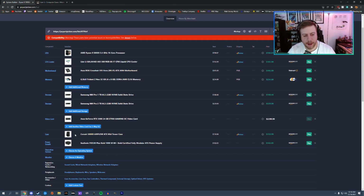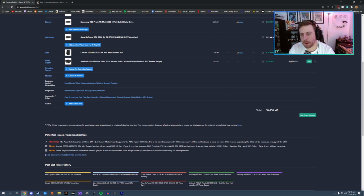And then the last thing is the Seasonic Focus Plus 80 Plus 1000 watt. I put 1000 in here because you're running some big boy parts. I think you just want a lot of headroom, because these graphics cards can pull a lot of power, especially the 3090s. You want to be careful because some of these cards are pulling 450 watts of power draw alone, and you already have 150 or so watts coming from your CPU, and then all your other parts have to fight over the rest. So I definitely would recommend, if you're going to get a 3090, 1000 watt would probably be nice. You could get away with an 850 watt. Seasonic Focus is known as one of the best power supplies you can get. So yeah, this price total will be around $4,600,